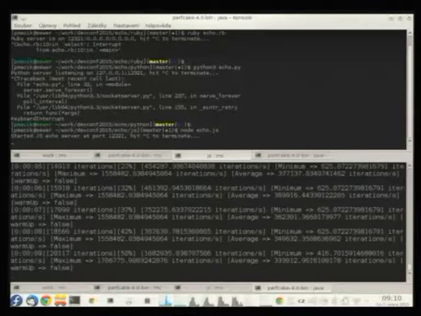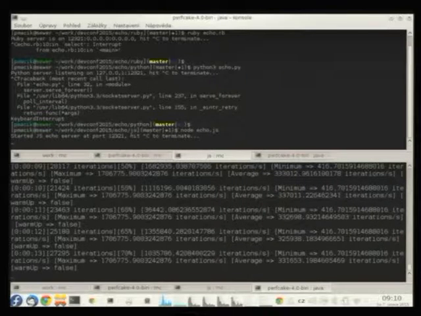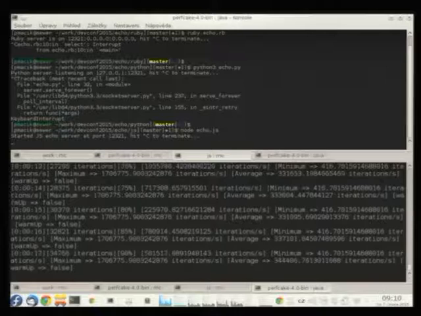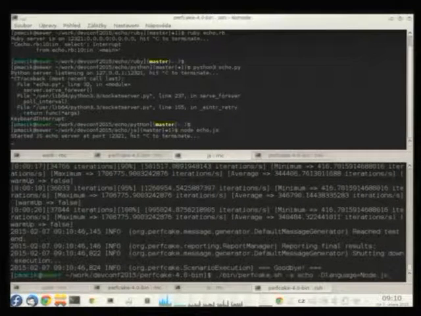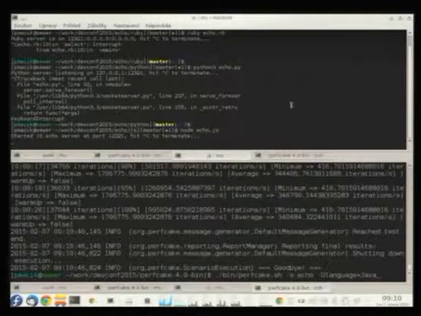Okay, do you remember the numbers, by the way? Which one is the fastest right now? For JavaScript, doing quite well.